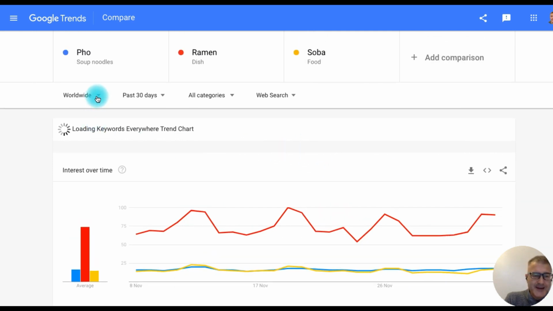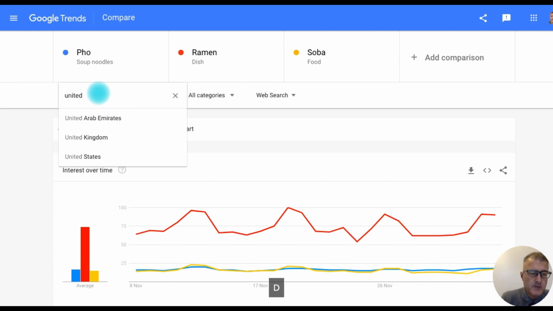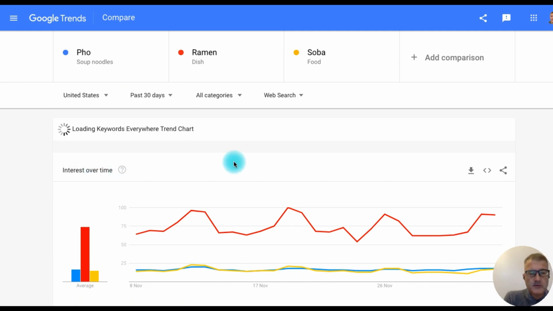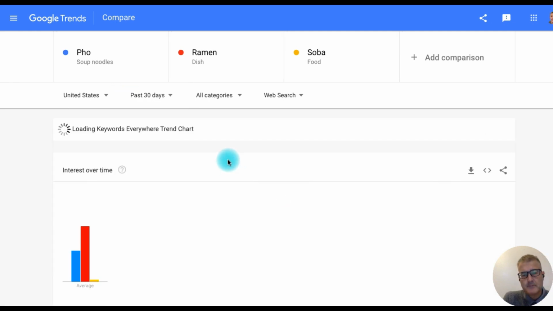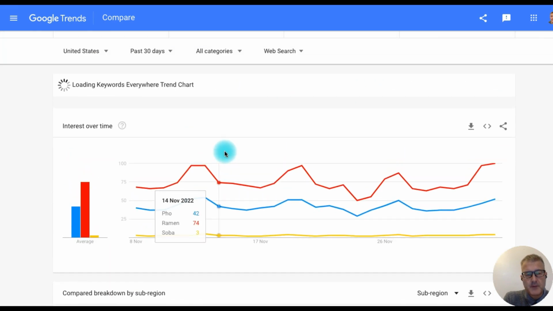Now, you want to change the actual country, so we don't want to look at it worldwide. You want to open a restaurant maybe in America. So if you go to, let me type this in here, United States. So we're looking at America right now. You can still see the trend, right? Ramen is still at the top. However, right now,